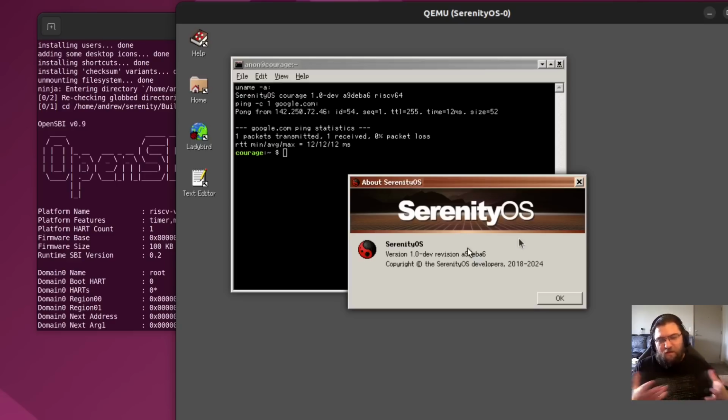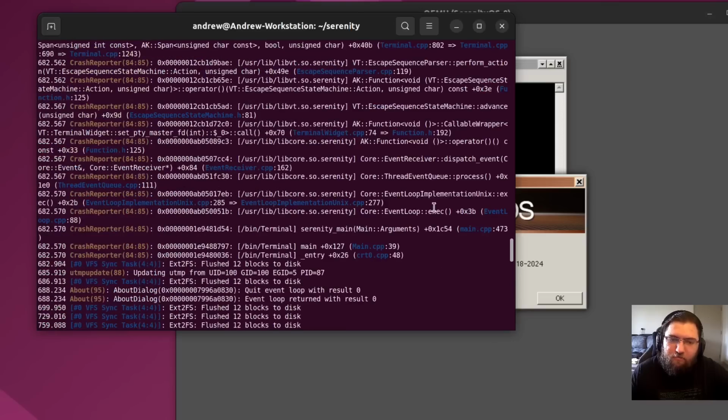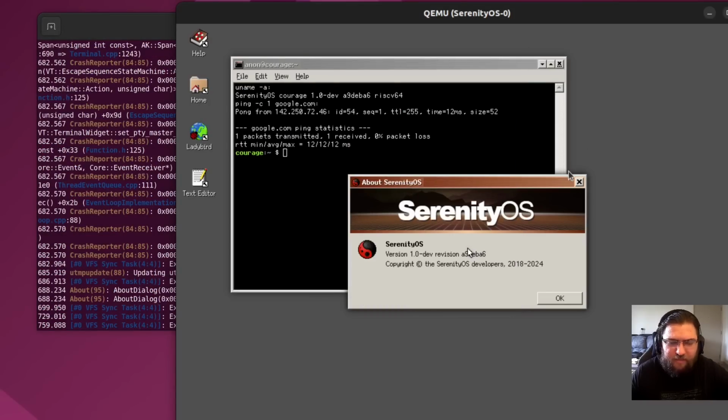So now, when you boot Serenity with Clang, we're using Clang 18, I believe. And as part of that, now that we're using Clang 18 and GCC 13, the latest versions of both compilers,